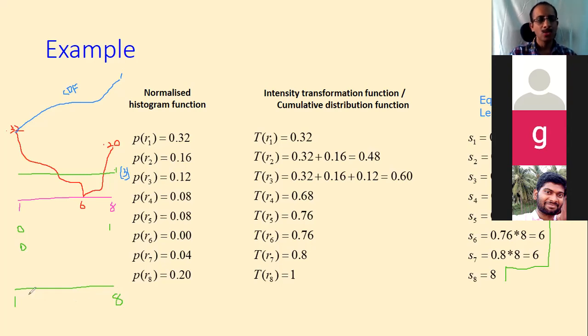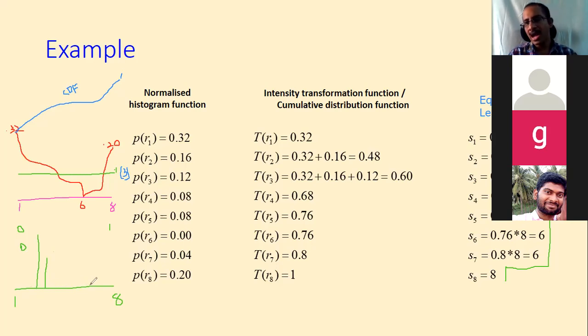1 to 8? No, it will not start from 1. These are 3 to 8. So it starts at 3. These are the equalized gray levels, right? So at 3 you may have a peak, roughly 0.32, so 8 pixels, because the 8 will go together. And then what is next? At 4, the remaining will not be at 3, it will be at 4 now. So I have 4 pixels at 4. And then at 5, this 2 will go to here.